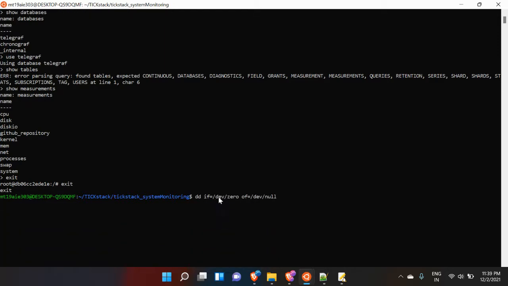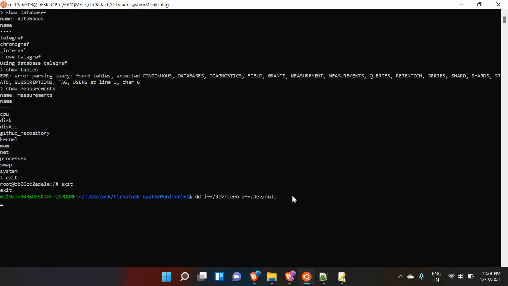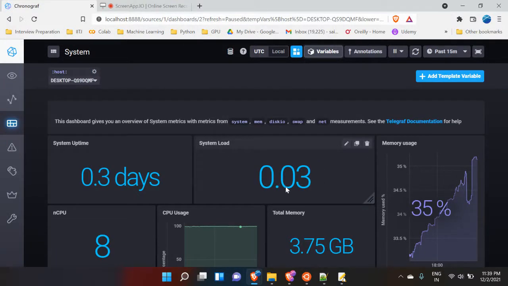I've executed this particular command, which makes the CPU do some heavy work, and the current system load is 0.03. Let me refresh, and you can see there is an increase in spike.